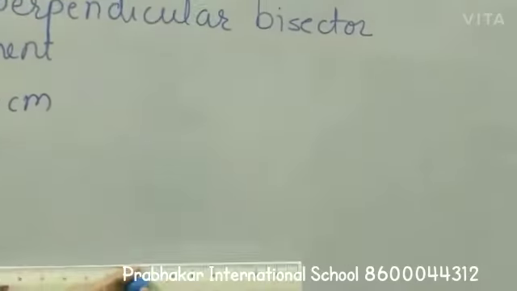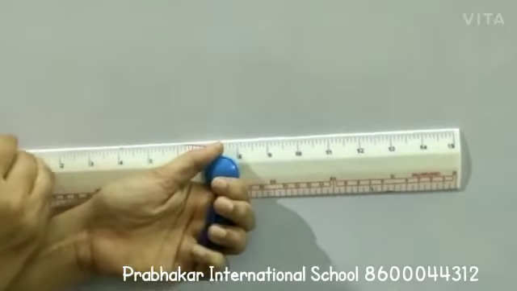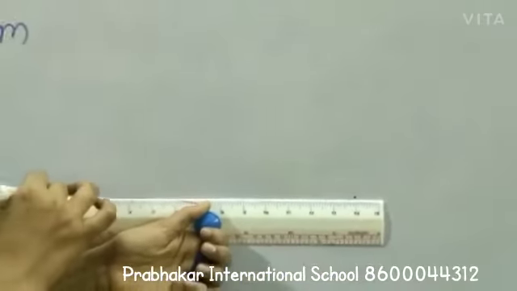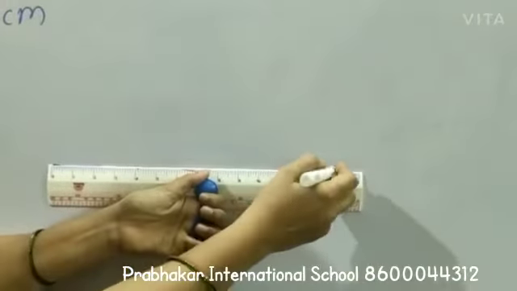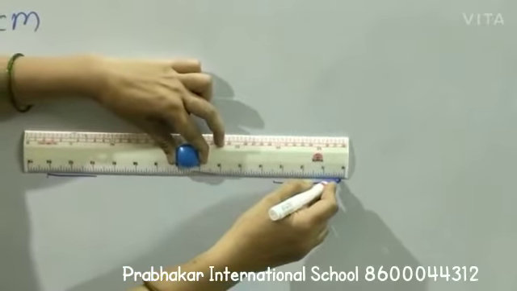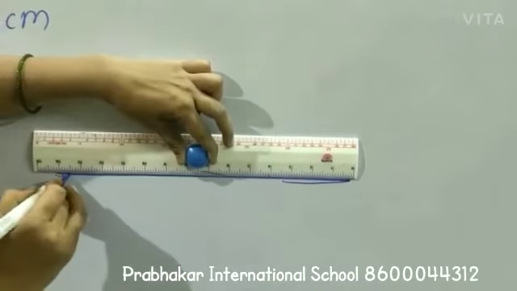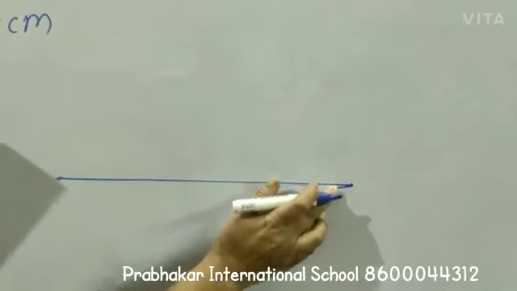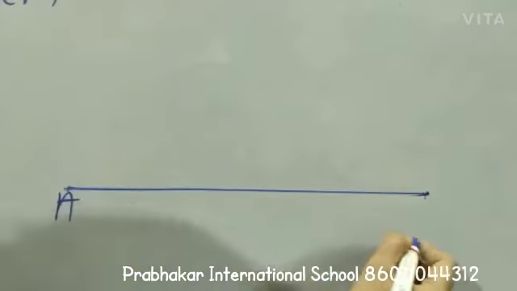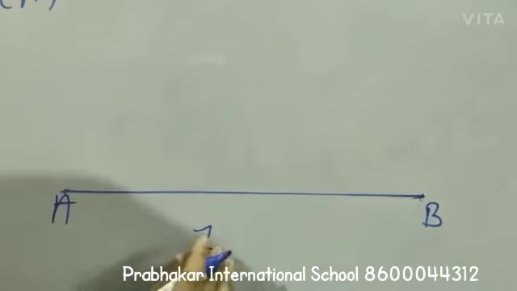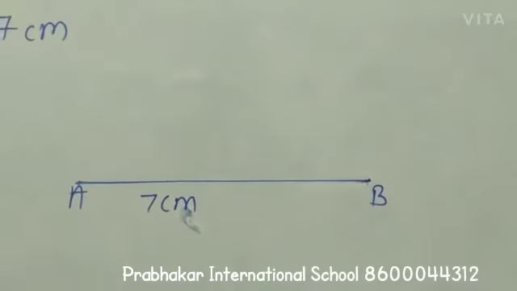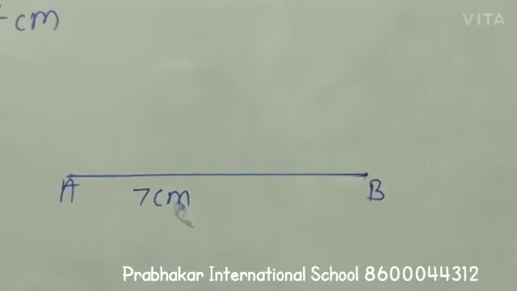First of all we will take distance 7 centimeter. So with the help of a scale you are going to take 7 centimeter. So I have taken here and now I will join these 2 points and no overwriting. Is it okay? Only once. Your pencil must be sharp. Now give this point name AB and this measurement is how many? 7 centimeter. Okay. Now how to draw the perpendicular bisector of a segment when measurement is given to you, that I will show to you.